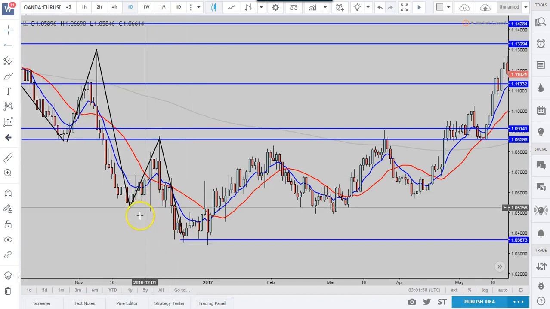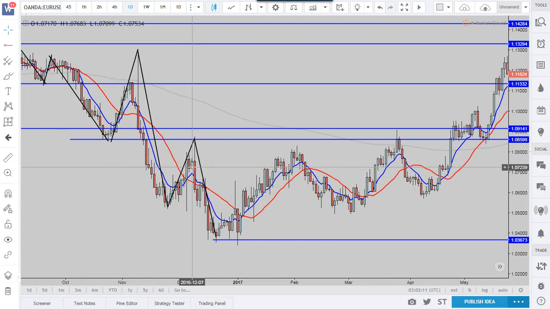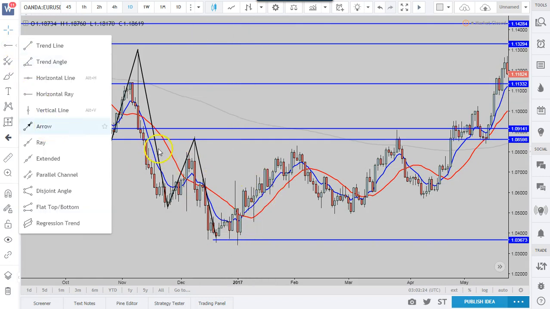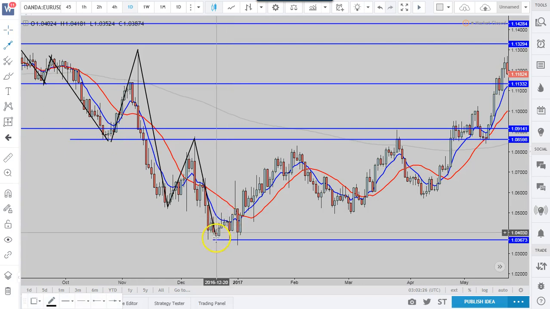So some emotional traders will always want to get in to sell the market. Oh, this currency pair is still going down, it's still plummeting. Let me get in, let me sell the market right here and make profit, and the market decides to reverse. Okay, the market decides to go up,